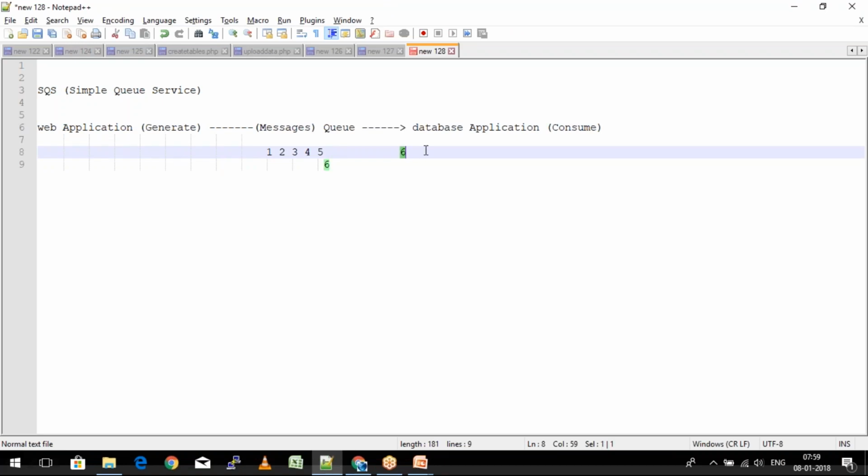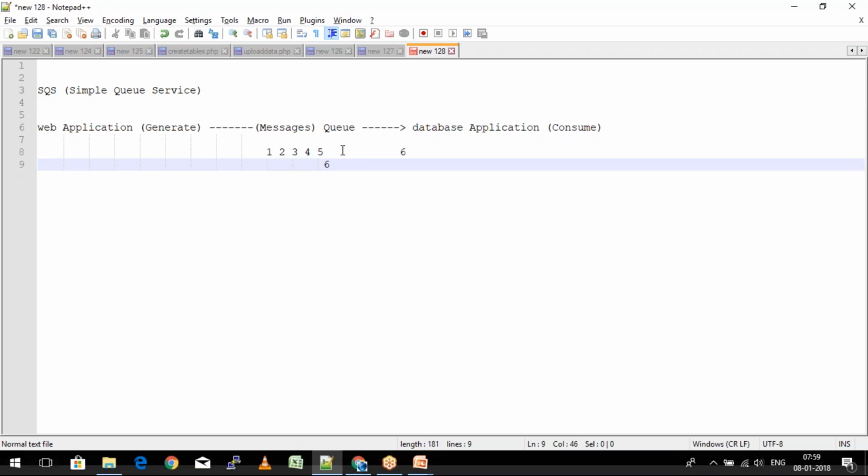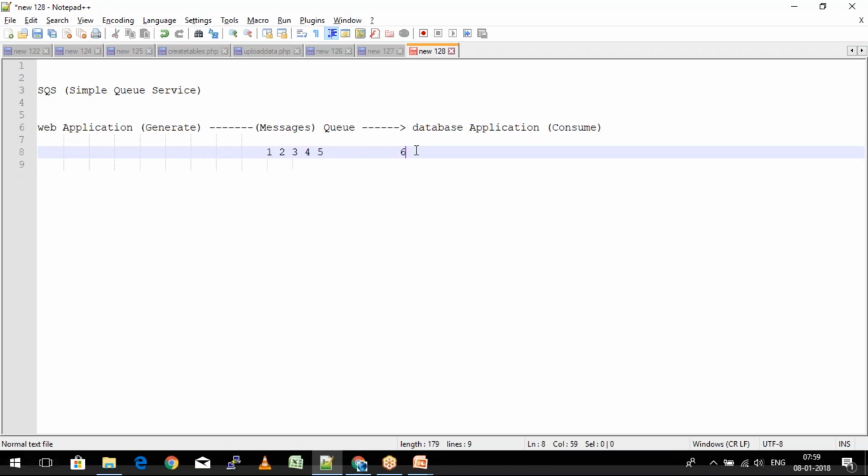It was unable to process it within the stipulated time. Then it is sent back to the queue again here. All right, so it will be sent back to the queue, and again message number 6 will be attempted for delivery so that the consumer can process it. But let's say even after the second attempt it was unable to process it, then it will fall into the dead letter queue,